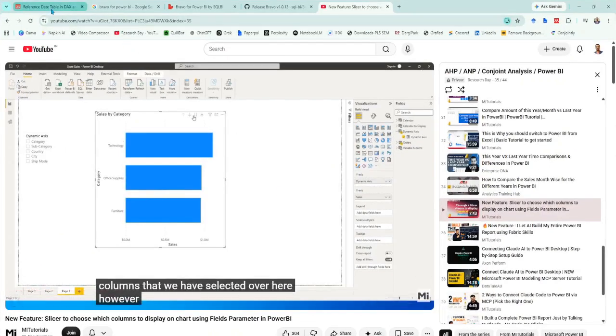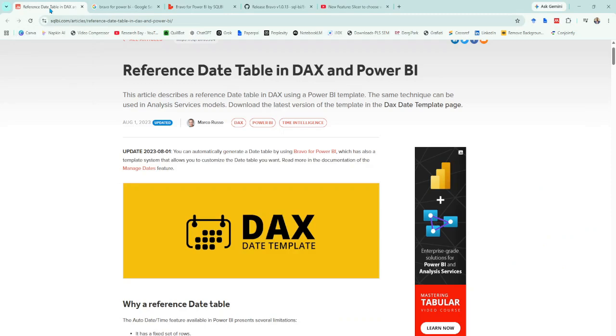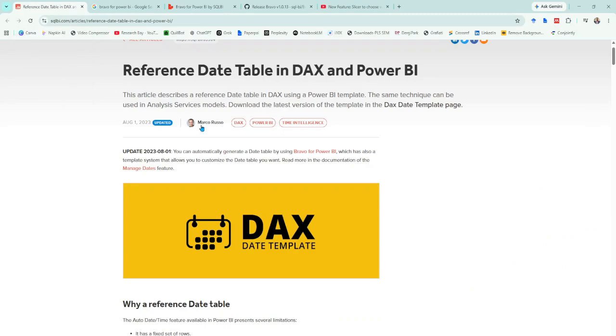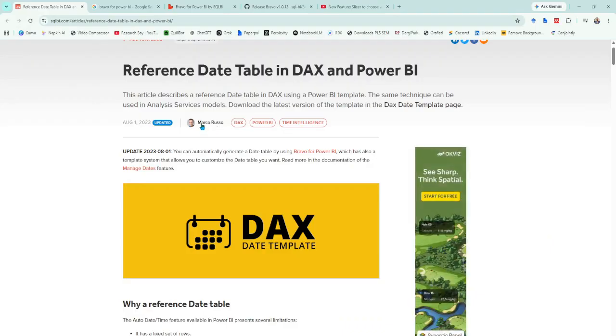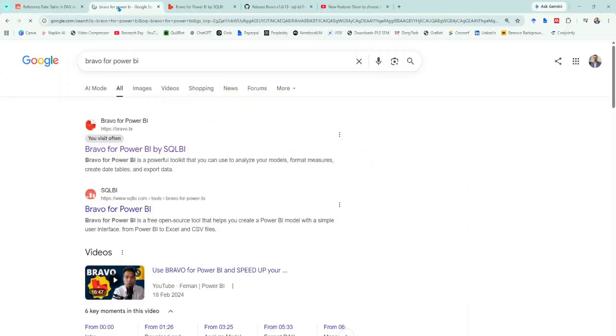See, once you go in for that code, which is given by Marco Russo, that DAX code, which I showed you right now, you can directly put that DAX code to create a calendar table in your data. And in case you want to go in for Bravo for Power BI, that's a separate software which you need